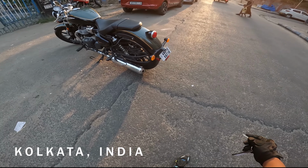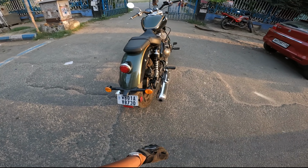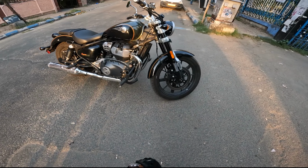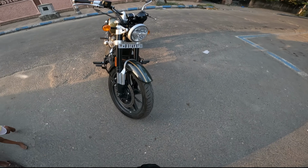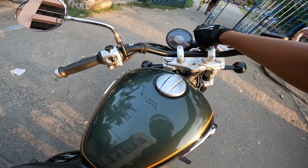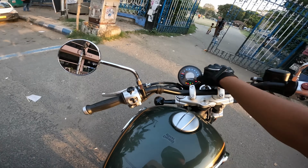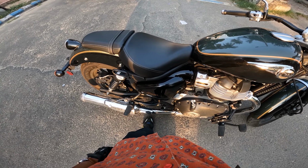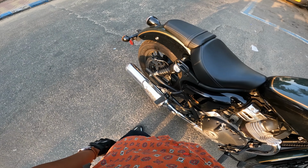The Royal Enfield Super Meteor 650 is a classic cruiser-style motorcycle that has a retro-inspired design. It features a large round headlight, teardrop-shaped fuel tank, and a comfortable saddle. The bike also has a wide handlebar and forward-set foot pegs that provide a relaxed riding position. But if you're coming from a cafe racer or any other Royal Enfield bikes, you might have a hard time